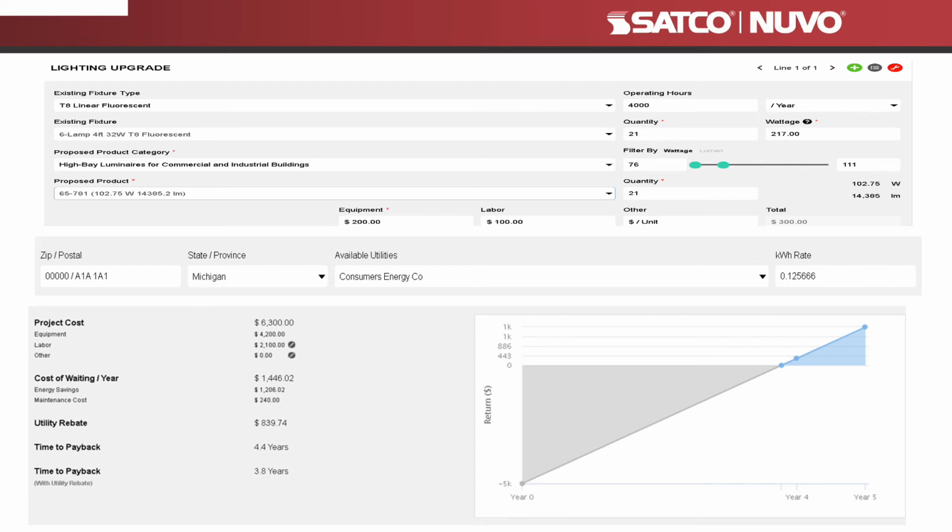Without the utility rebate, we're at 4.4 years. It's okay. But with the utility rebate, we get under that magic 4-year number. This is a much better scenario to present to the customer. Now,